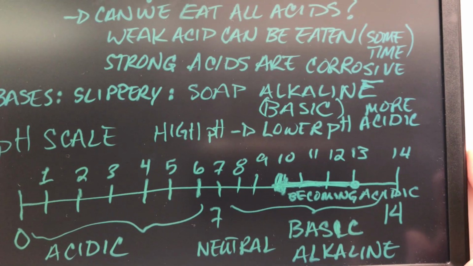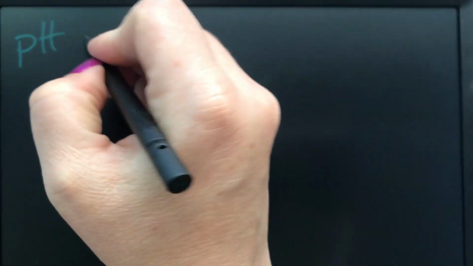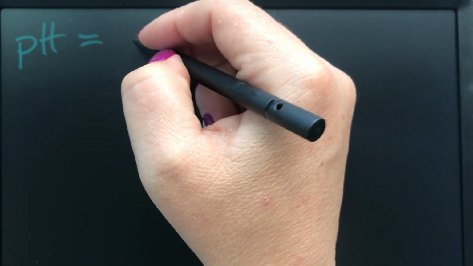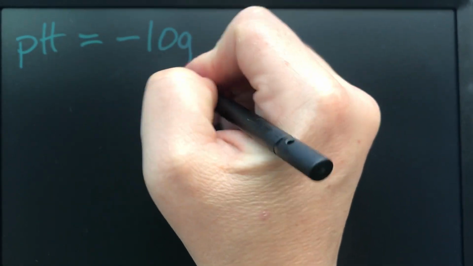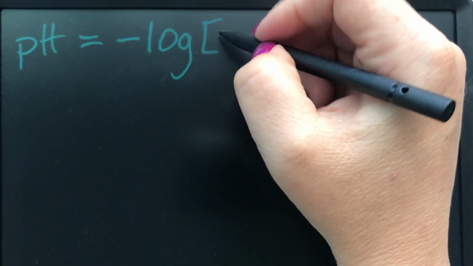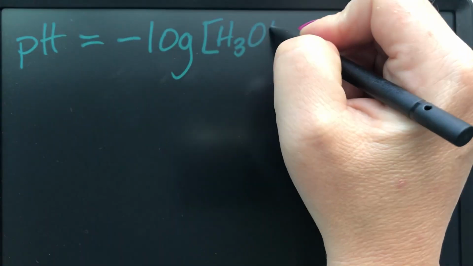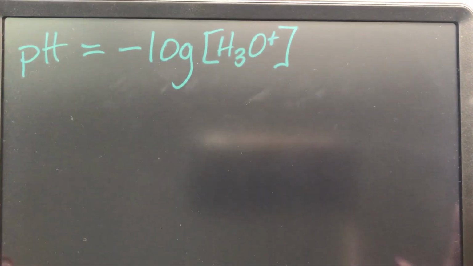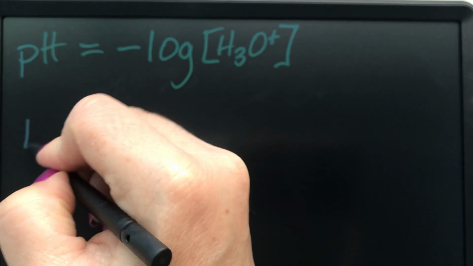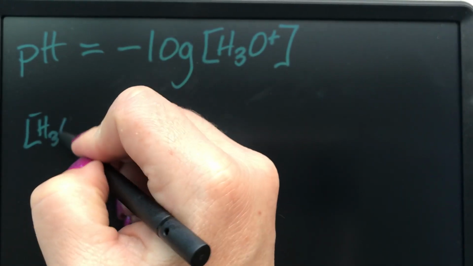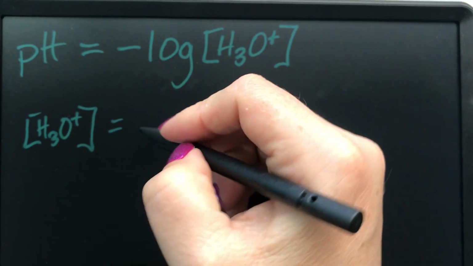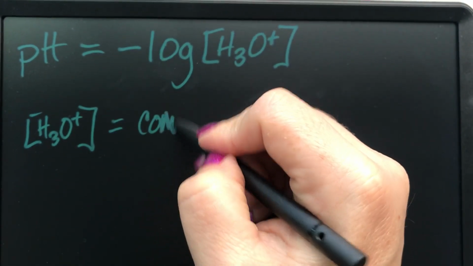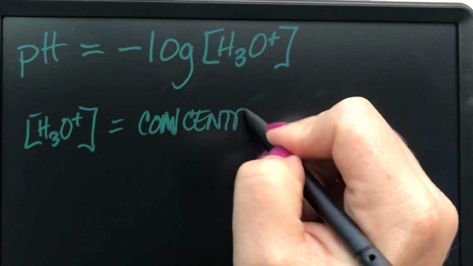There's one last thing we have to talk about today, and that is what pH is representing. This is where we get into logarithms. These little brackets here indicate concentration. So this means the concentration